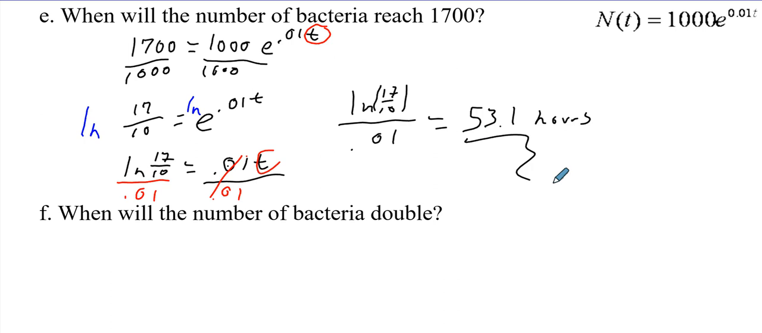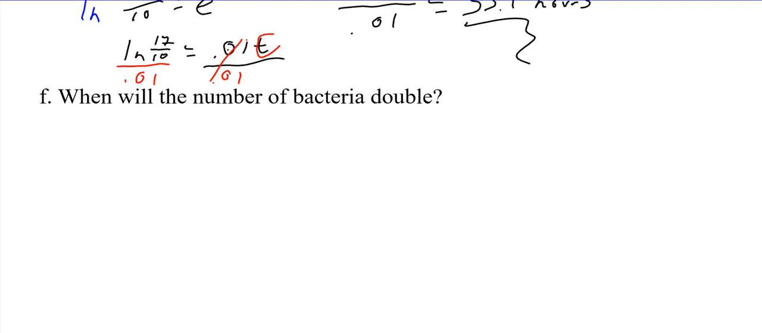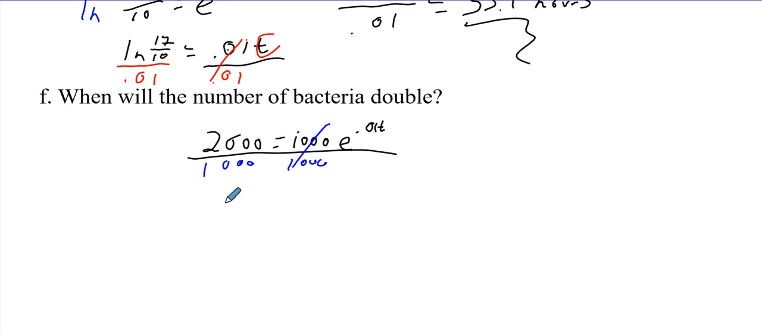Okay. Next piece is when will the number of bacteria double? So if we started at 1,000, our doubling point is 2,000. So that's my final condition, e to the 0.01 t. So divide both sides by 1,000. That's going to simplify out, and I'm going to be left with 2 on the left side equals e to the 0.01 t. Using my definition of logs, or taking the ln of both sides,